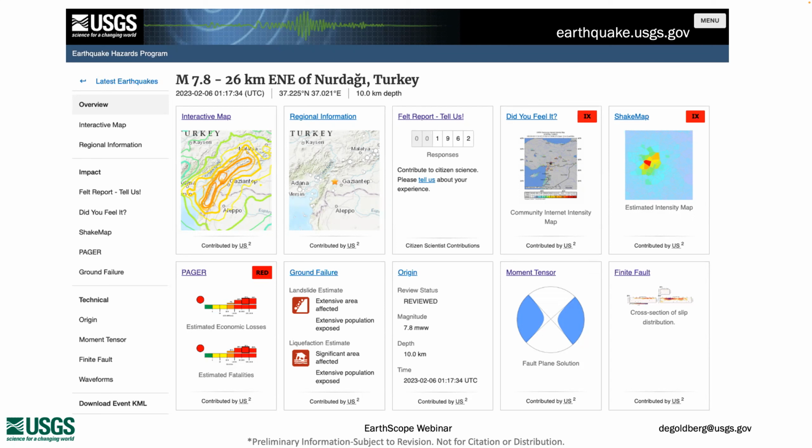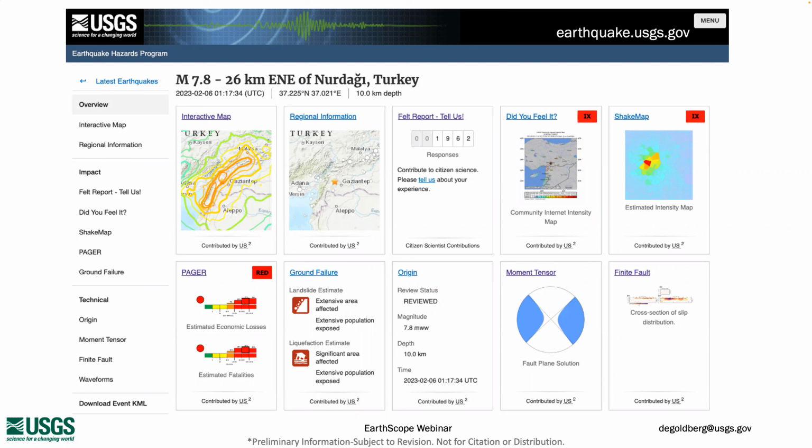A question from Bill Harbert here. With regards to the Turkey earthquake, why was there a 2-day delay in getting strong motion accelerometer data for that sequence? I think you alluded to some of that, that it was maybe taking a little while. Is that a typical amount of time, or was it maybe longer than normal?